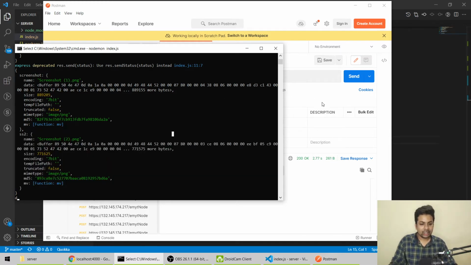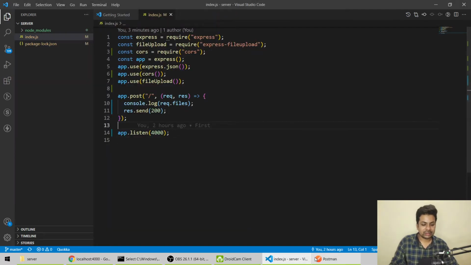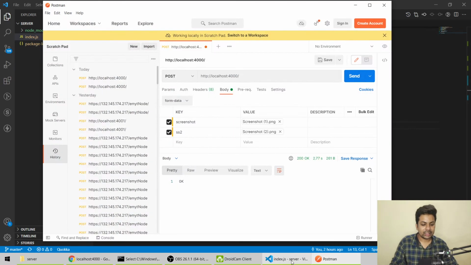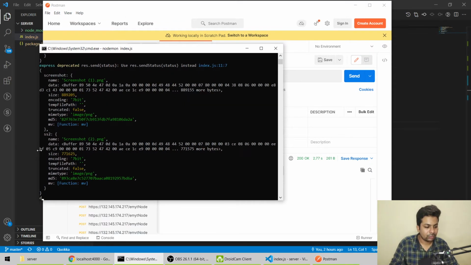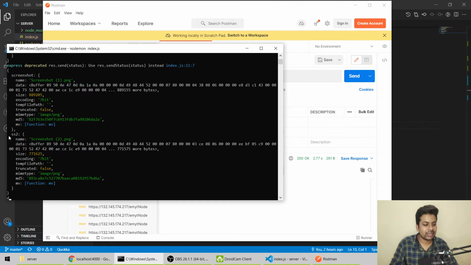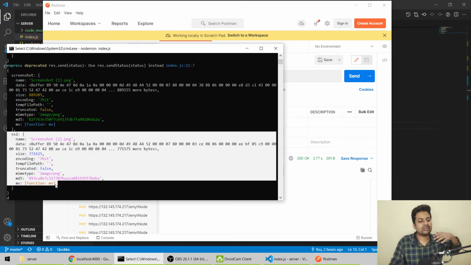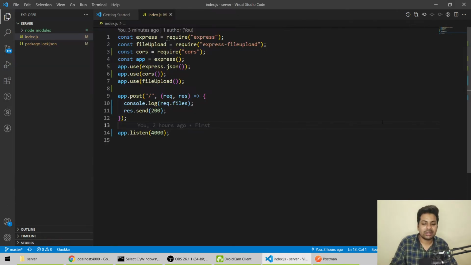Okay, suppose we want to access file number one. It's printing two files: this is file one, and this is file two. So you will be accessing one file. You can't just send all the files at once. By logic it can, but for now we'll send one file.